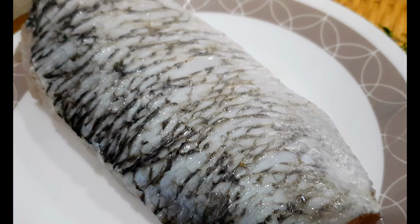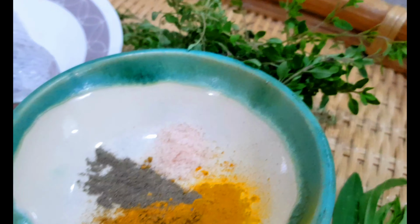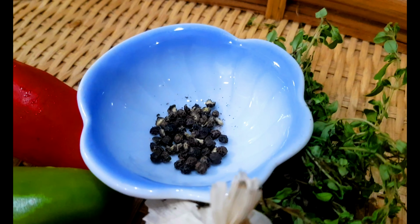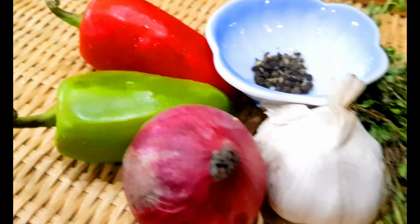Preparing our deboned and sliced Seabass with these herbs and spices. Let's season it with salt, pepper, turmeric powder, and curry powder. For our sauce, let's prepare these following ingredients: